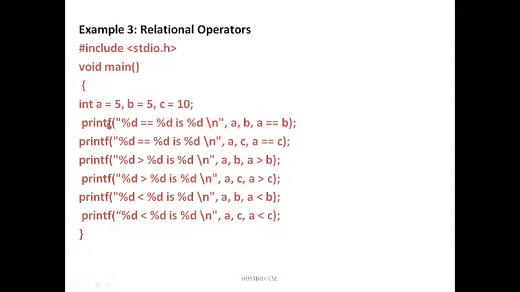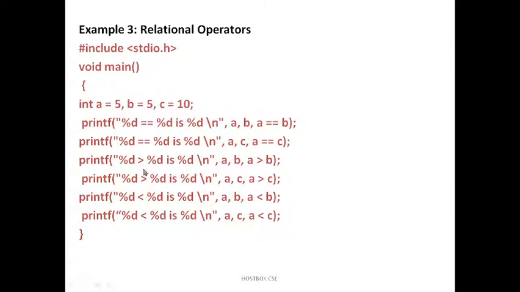First I am going to check whether a is equal to b or not. So I am giving a is equal to b. If the condition is true, it will print the answer and the value like that. If not, then no. Then I am checking a comma c, a is equal to c. As you know, a value is 5 and c is equal to 10. So the second condition is wrong. So a is equal to c means no, the compiler will say false only.